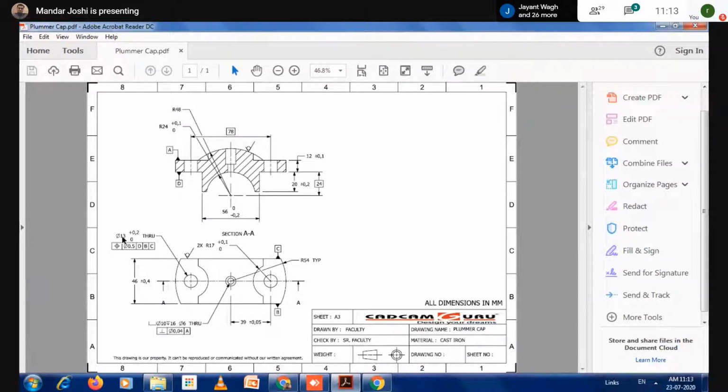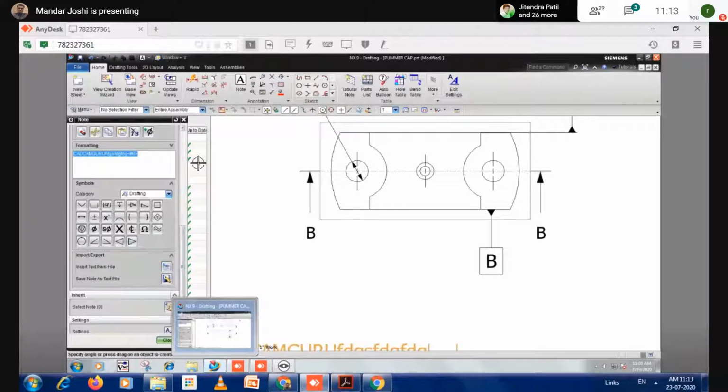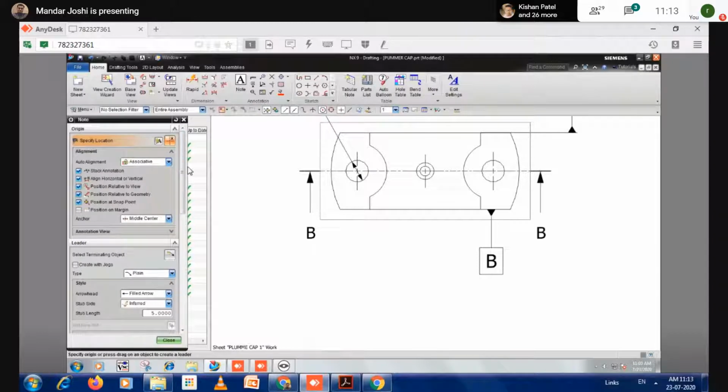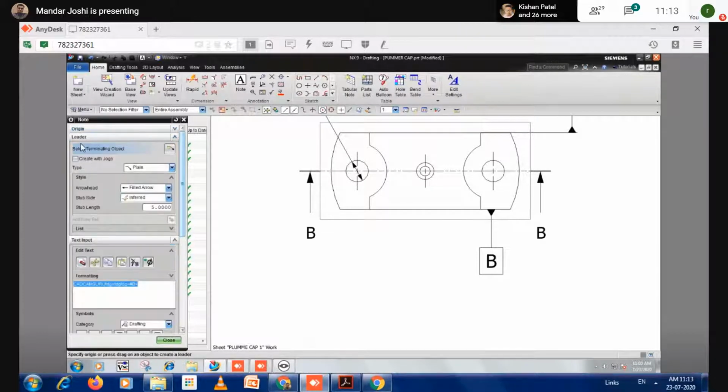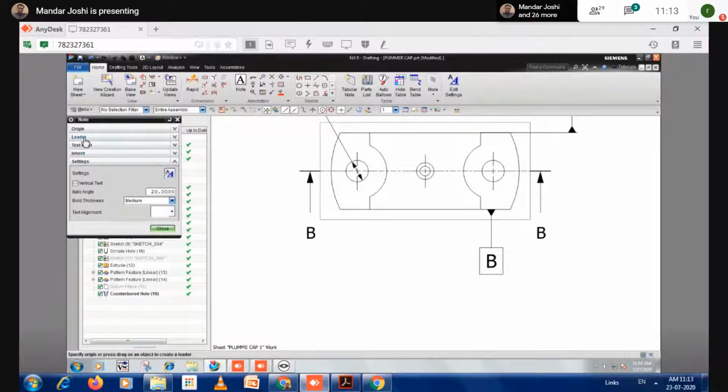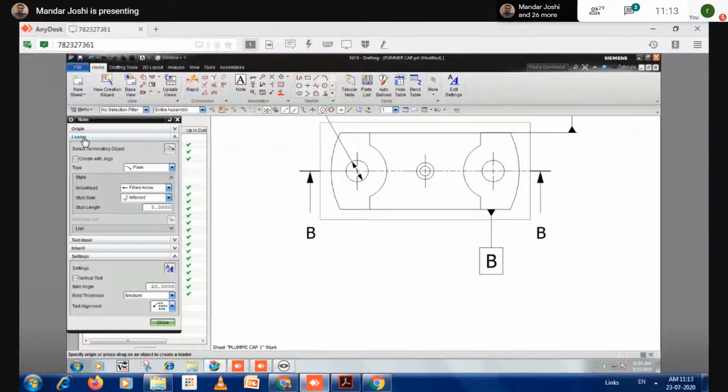This is shown with the dimensions, but this is not shown with the dimension. It is the text attached. So this is the leader with the text option. So what I will do, I select that option once again, the note option. So in the note, these are the different steps. First step, what we have to do, define the leader. The leader I'm taking this one, and I simply click over here.